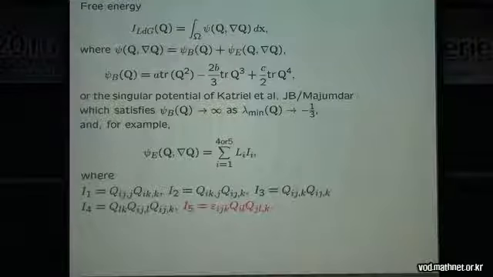So a good thing to do is to have a bulk energy that blows up as the minimum eigenvalue goes to minus 1/3. That was proposed by Catriel and Sluckin, and I can't remember all the authors, and later by Apala Majumdar and myself, on the basis of a derivation from a more microscopic theory, the Onsager theory. Now, as for the elastic energy, well, typically